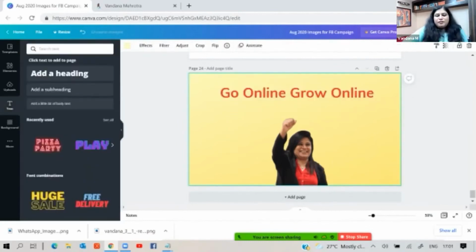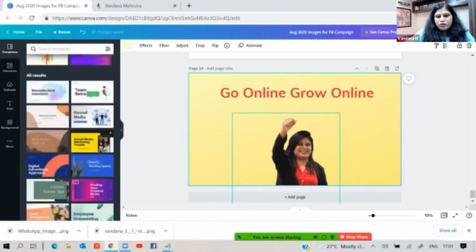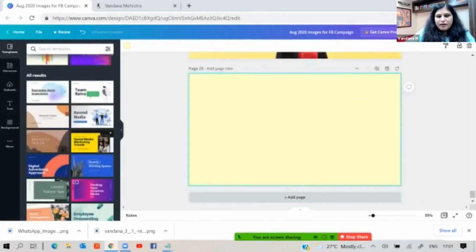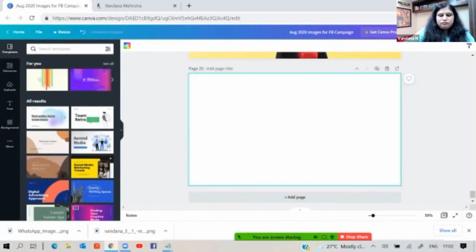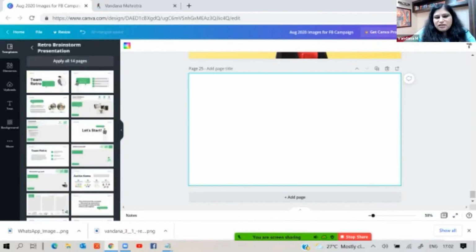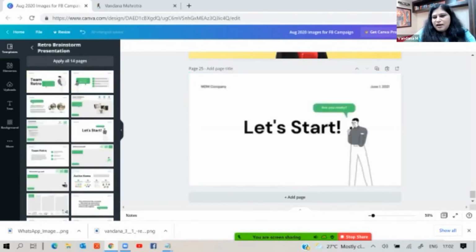Okay, so how to choose the background, how to choose a headline. The text is here on the left side. There are various templates to choose from. So if you don't want a plain background, you can simply choose any of them. I just deleted it, it was already yellow because I just copied from there. I added a page, it takes the previous background, but now I like something like this. Okay, so I like this, so I may just simply use this.